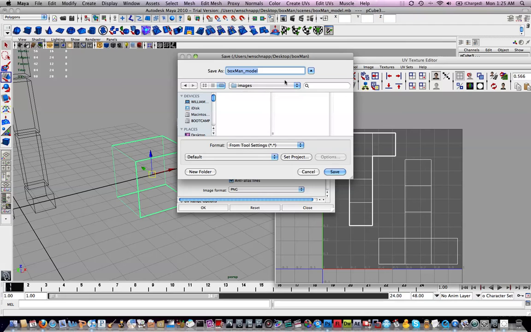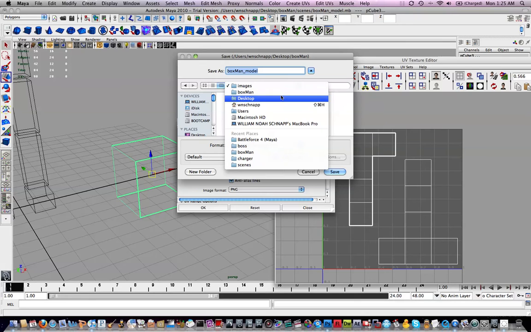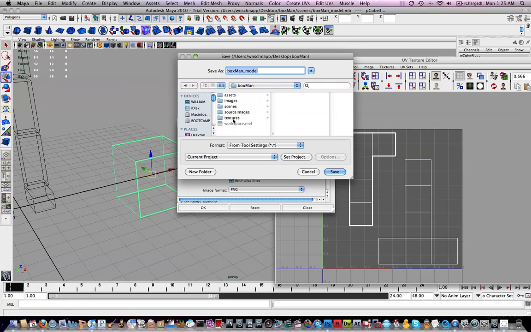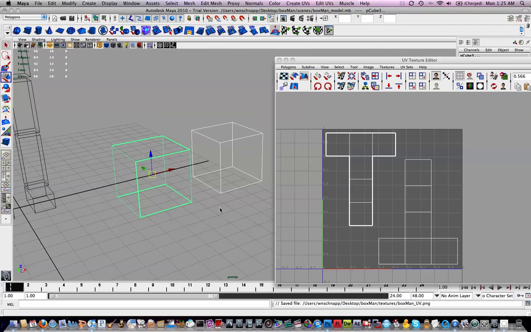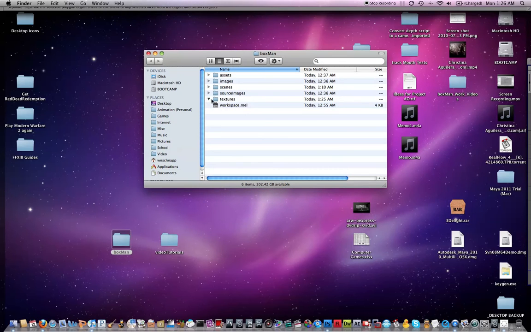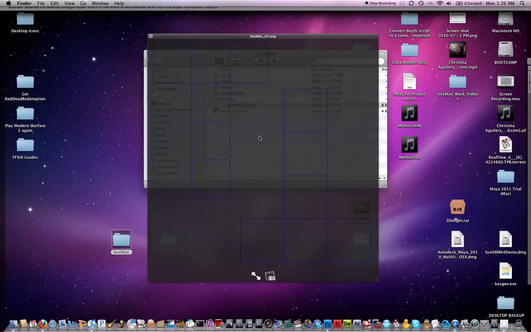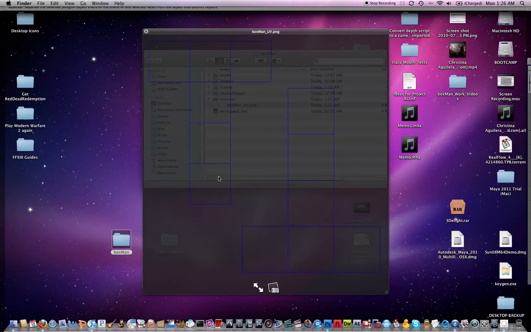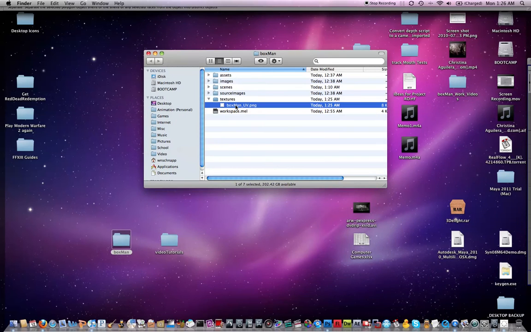So we're going to go browse, and we're going to change this location to textures, because the UV snapshot, I mean all your other textures will go in the textures folder. So I'm just going to name this boxMan UV. Going to hit save and hit OK, and I'm going to go to my desktop and in textures, and there's my UV layout, and you can see it's blue, it's transparent, which is important. So I'm just going to go ahead and bring that into Photoshop right here,